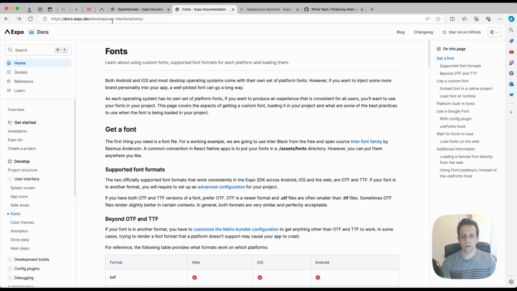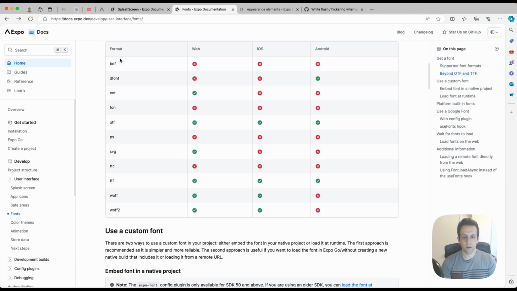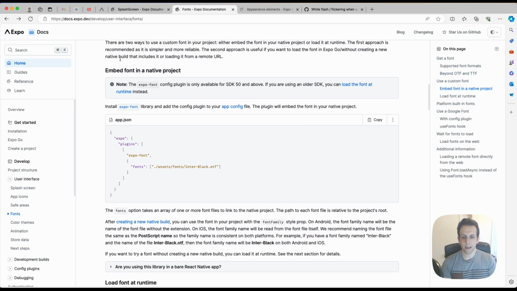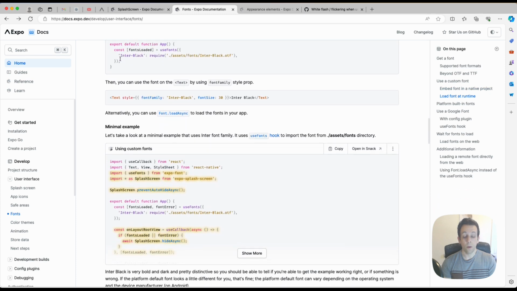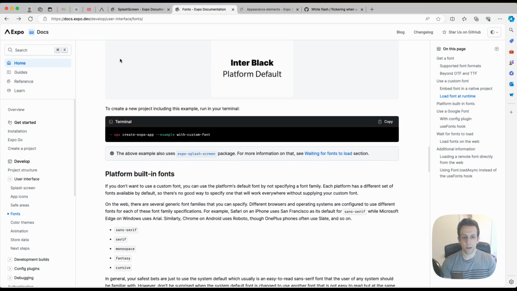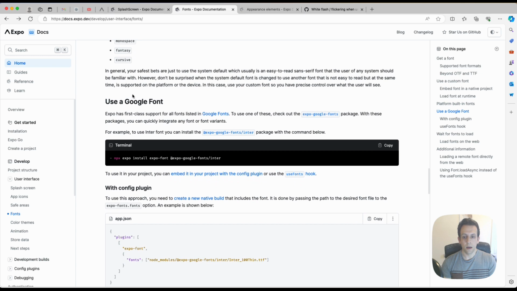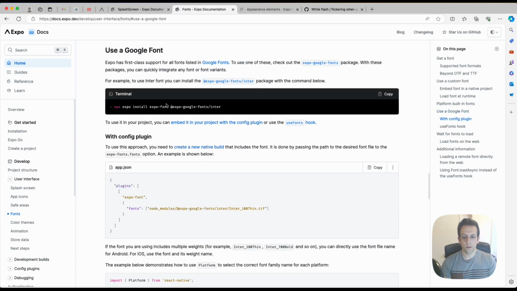Again, looking at the Expo documentation, they have a section about fonts. You can read through this about adding custom fonts, but what we are going to do is actually look at using Google Fonts. So for that, we need to install Expo Font and Expo Google Fonts, whatever font that you want to. So for me, I'm going to bring in the